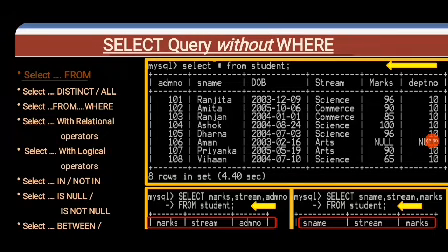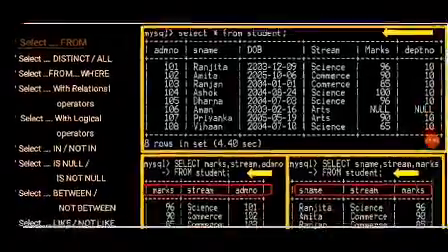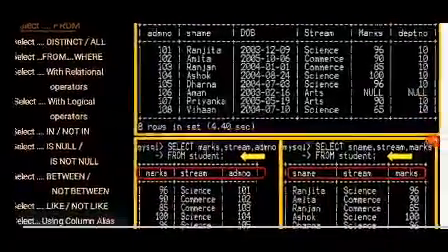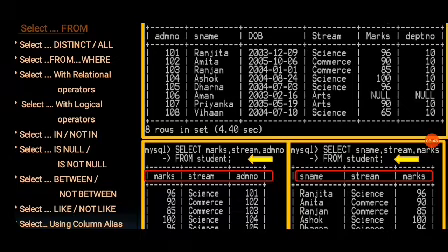If we write select star from student, then you will get the whole list that we have inserted. And if you also write select marks, meaning the column name or the field name, from student, that time you will get the particular fields that you want with their records. Or if you want to have select admission number, name, stream, marks from student, then in the same way it goes.